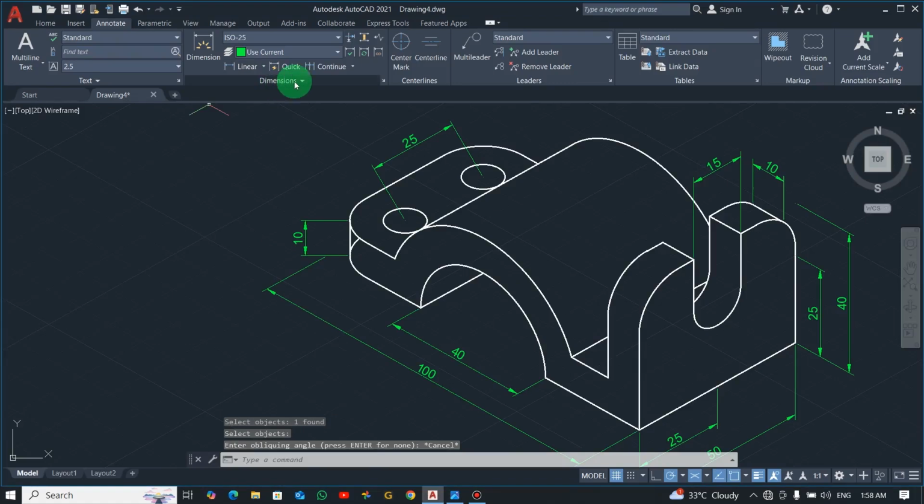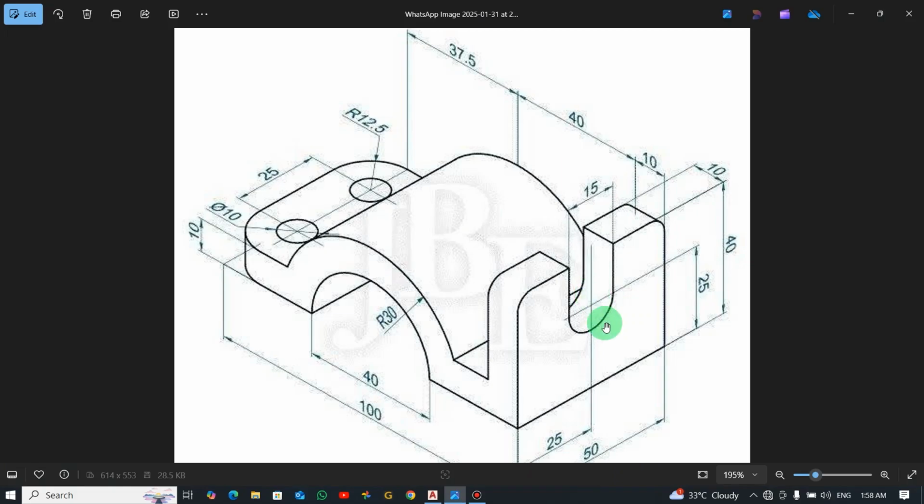Sorry, let's do that again. Oblique, select this, press enter. And I want it to be in line with this, so just click on this and then you see. Alright, once more, select this, press enter, also in line with this, and you see. Good. Now what is left is